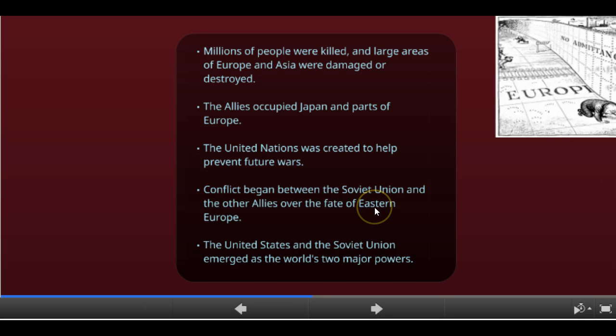Going back here, the Soviet Union wanted a buffer zone. Joseph Stalin had that non-aggression pact with Hitler, then Hitler violated it, and so Stalin wanted a buffer zone. He wanted to have control of Eastern European countries, that way, if somebody were to try and invade again, he would have that buffer zone ready to repel the attack. Eventually, the Soviet Union is granted that, and so Eastern Europe becomes communist, Western Europe remains democratic.